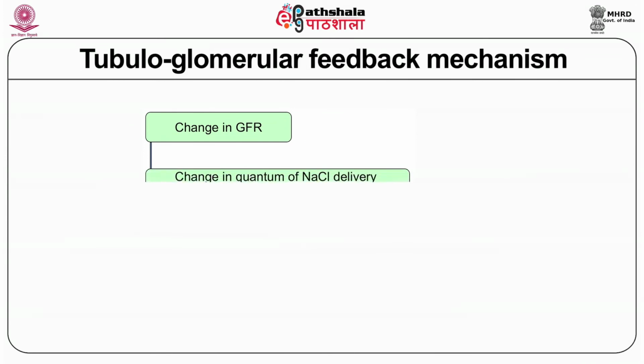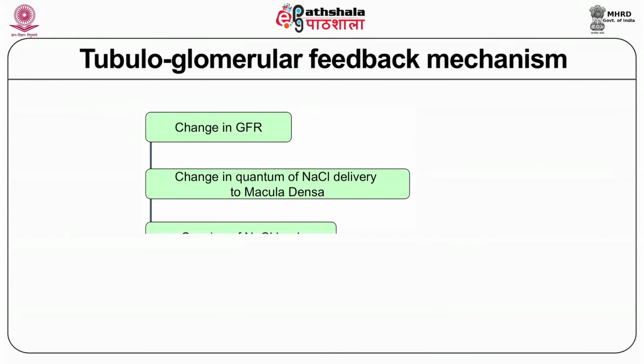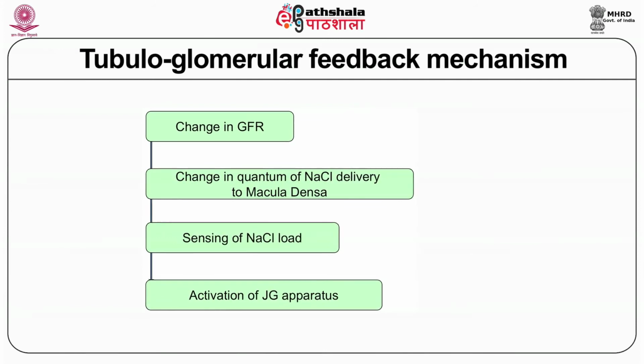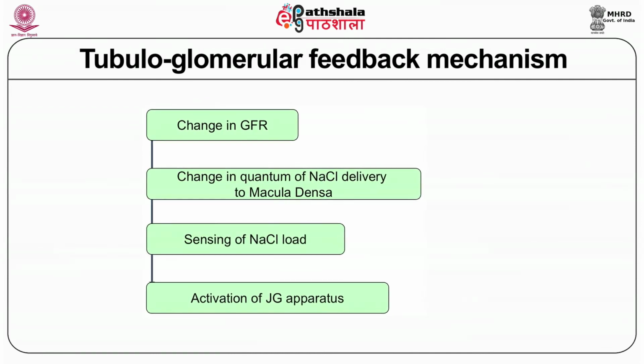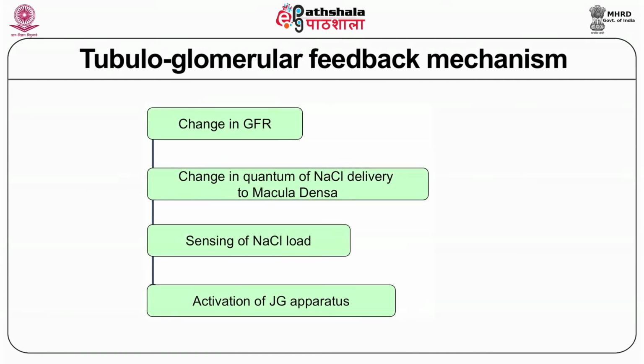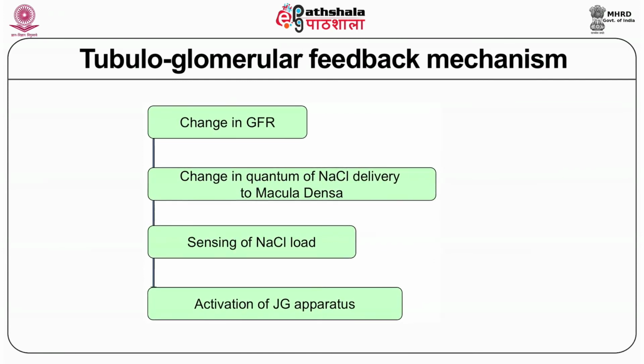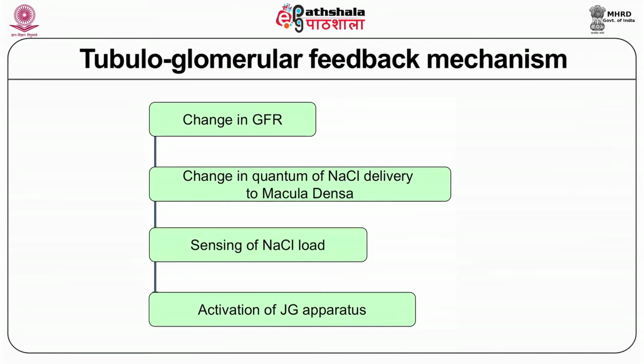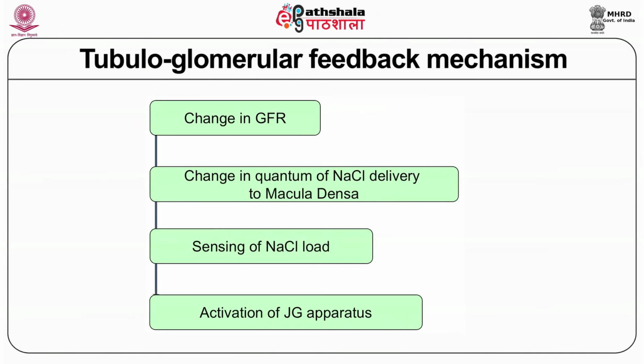Since tubular sodium chloride sensing changes the GFR, it is called tubuloglomerular feedback. The macula densa cells sensing of NaCl causes adenosine mediated calcium influx in smooth muscle cells of the afferent arteriole and leads to constriction. Also, it decreases renin release from the granular cells of the juxtaglomerular apparatus, further decreasing blood pressure due to decrease in RAS, that is the renin angiotensin aldosterone mechanism. So, in this slide, to summarize, look at the flow chart below.